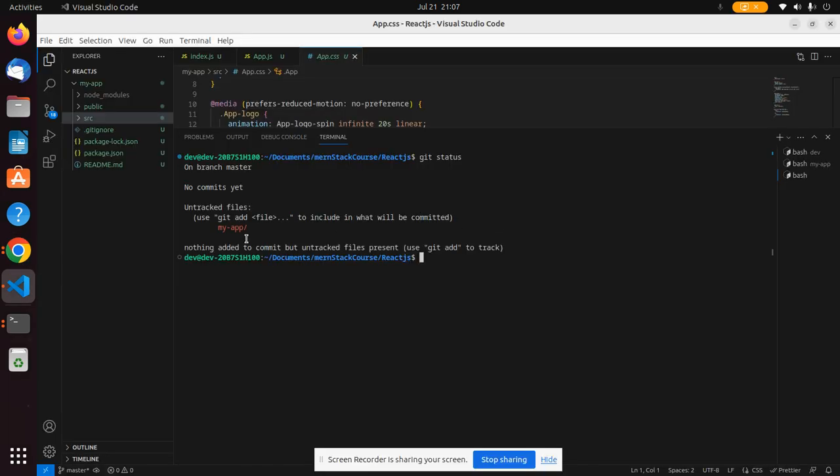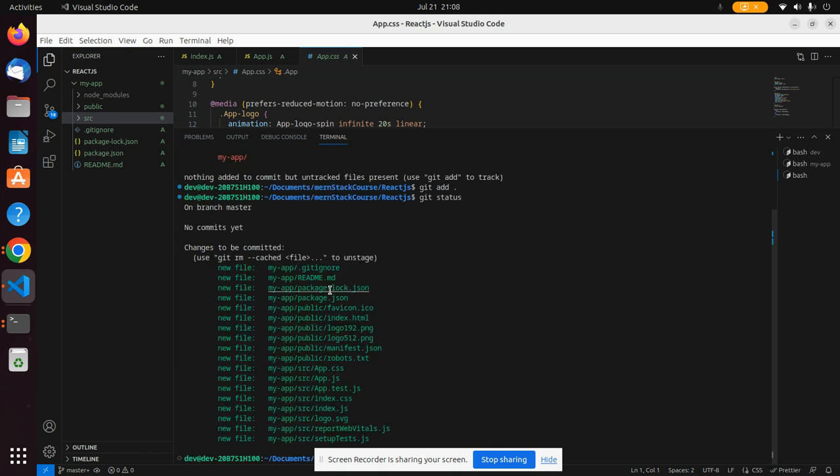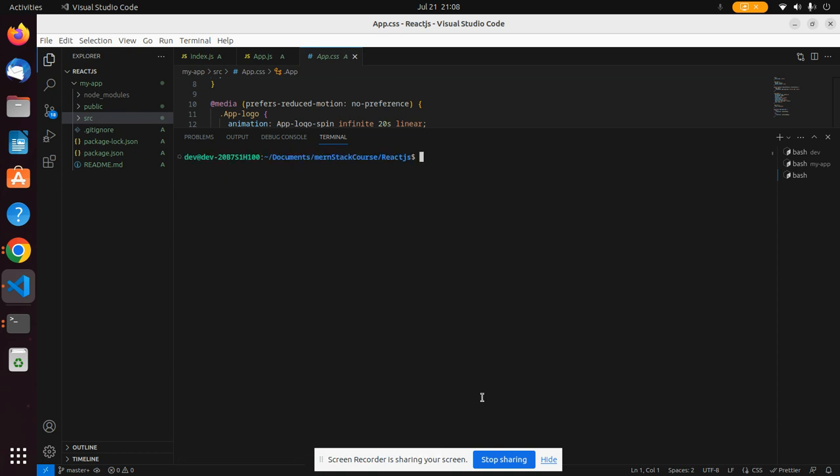Now we can see this app is changed. To add this file, we have to use this git add command. Git add dot, this command will add all of your files into the local repo. Git add dot, git status. Now you can see all of these files that are added into the git local repository. Let's clear this. Okay, now I want to commit all these files that are added, git commit -m